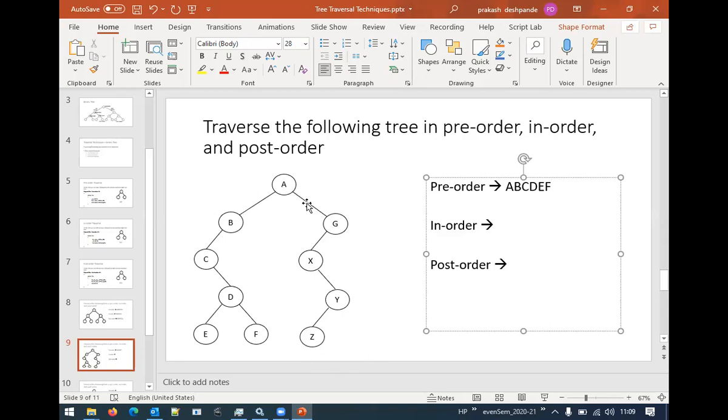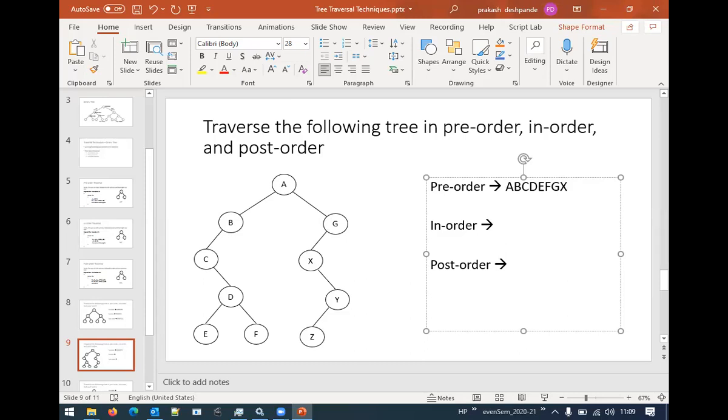On the right of A, what we have? G. Now, is this G a root node? Yes. So now what we should do? Should we read G first? Because it is pre-order. So read G first. Once I read G, I need to go where? Left of G. Left of G, what I have? X. Now, is this X root node? Yes. Since it is a root node and I'm following a pre-order, root has to be visited first. So I write X.